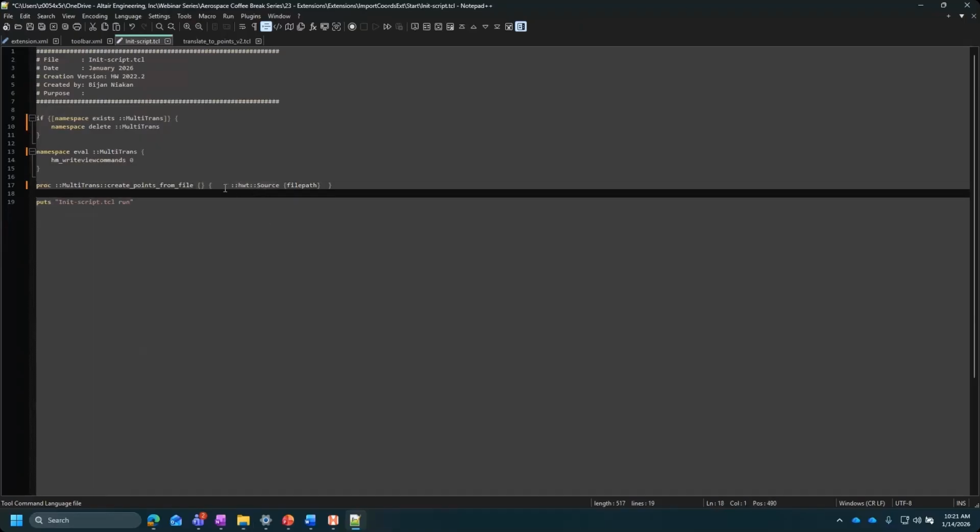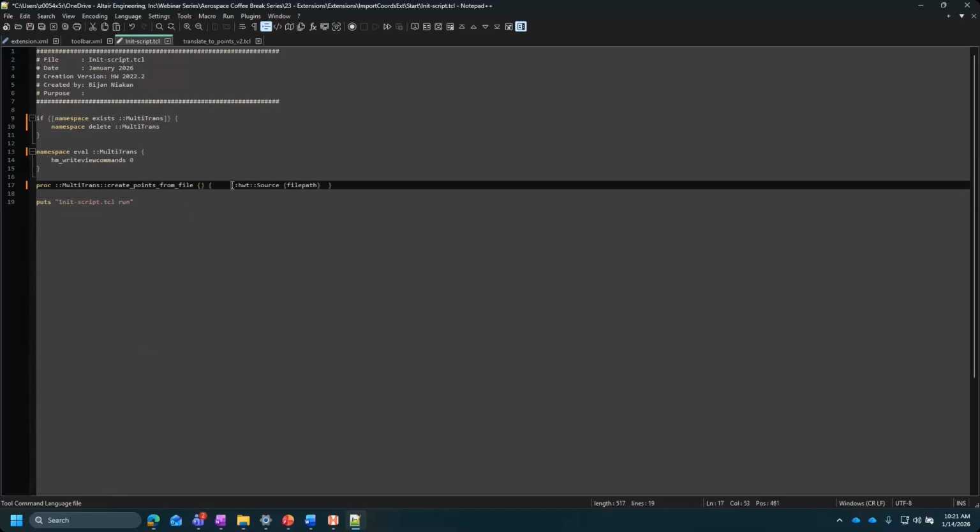So if you're just going to paste your TCL commands directly into the initiation script, then you don't need to invoke this file path. But in this case, we'll go ahead and do that. So I'm going to come over here, copy my source file path, and then paste.